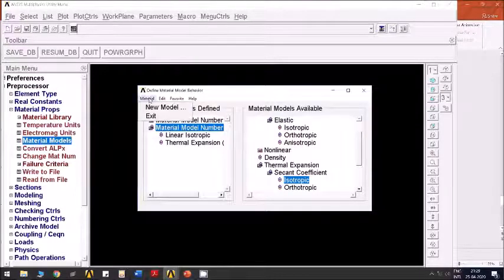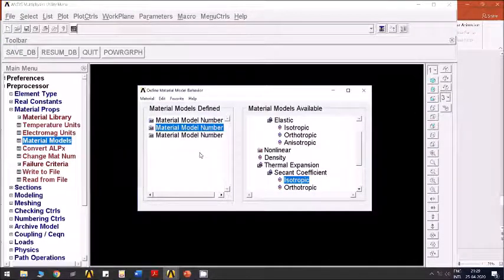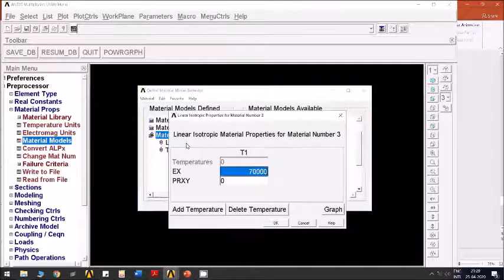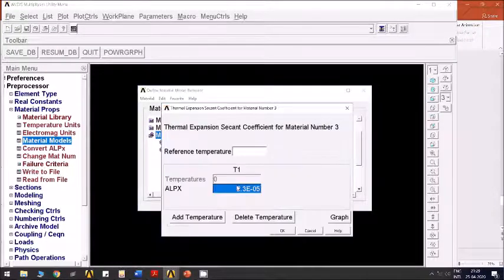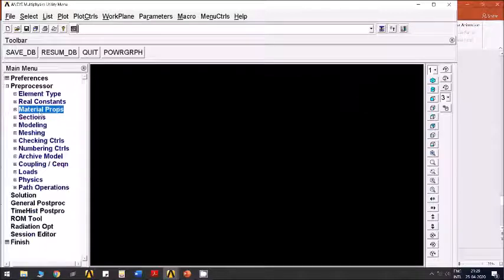And I'll copy this and add a third material, for which Young's modulus is 200 gigapascal, which is steel, and thermal expansion coefficient is 11.7, so 1.17 E minus 5. So the three material models are ready. First one is bronze, second one is aluminium, third one is steel.